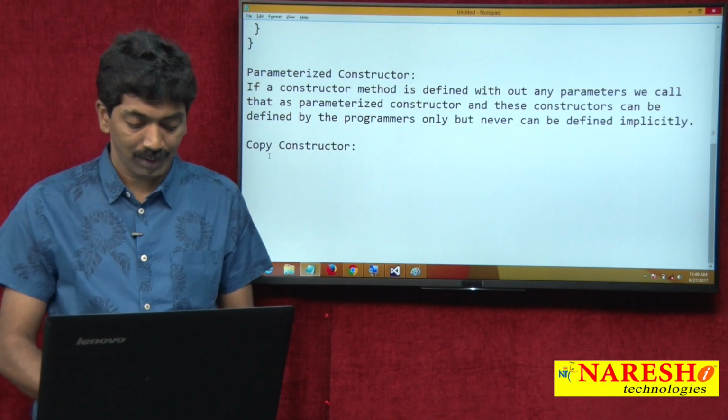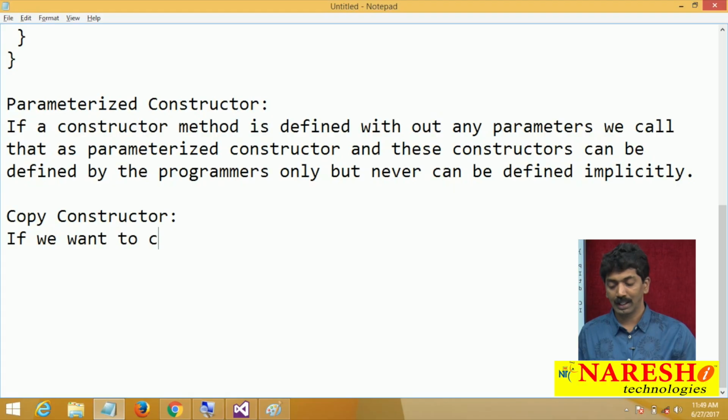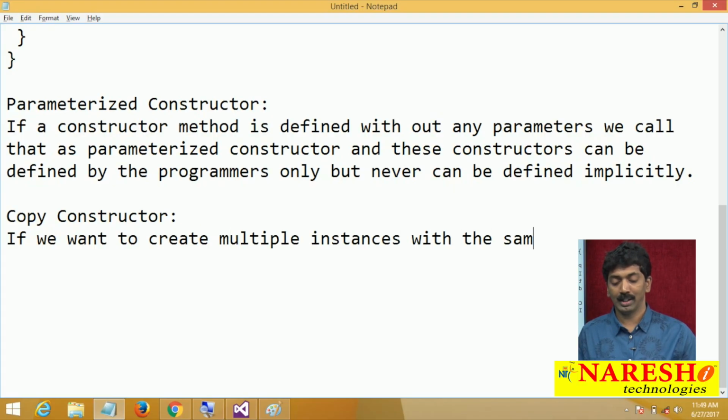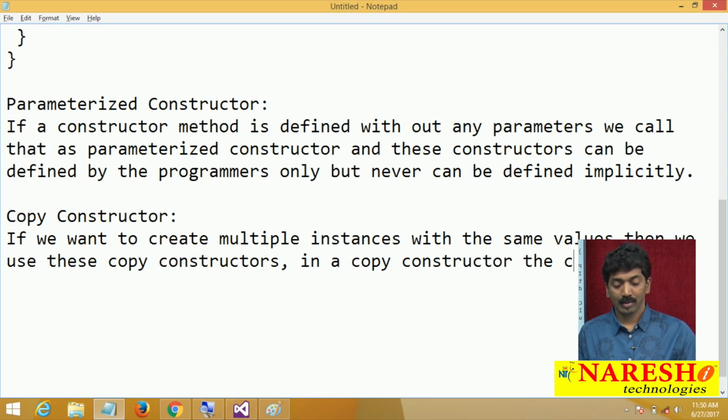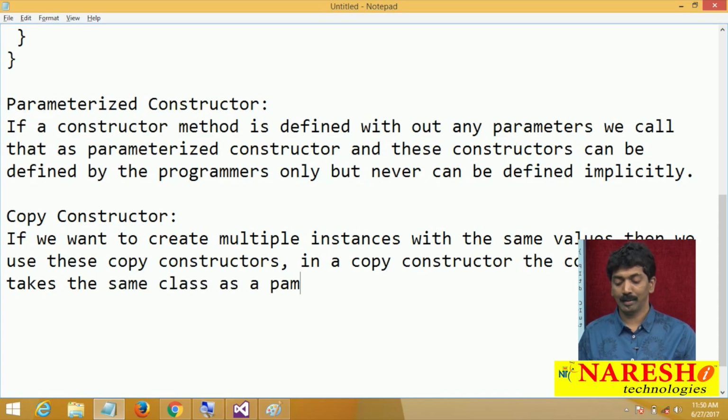What the copy constructor is: if we want to create multiple instances with the same values, then we use these copy constructors. Okay. In a copy constructor, the constructor takes the same class as a parameter to it.